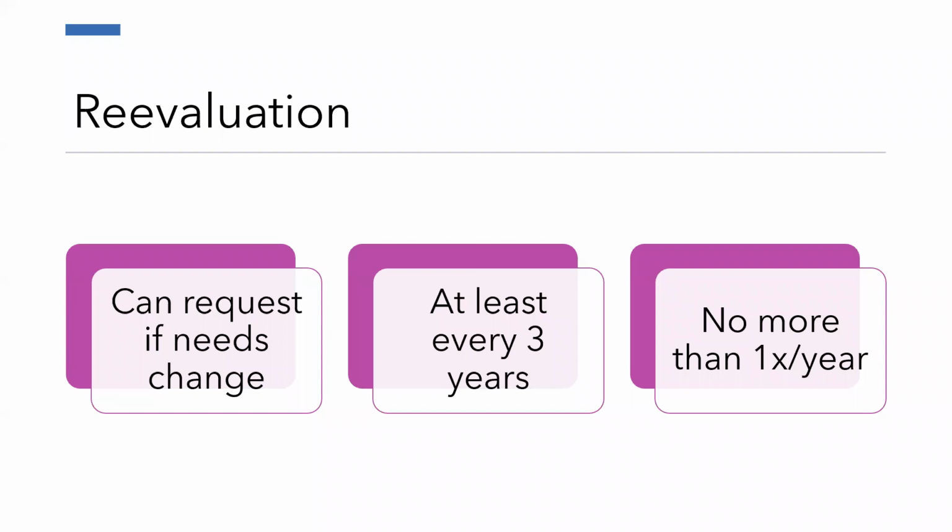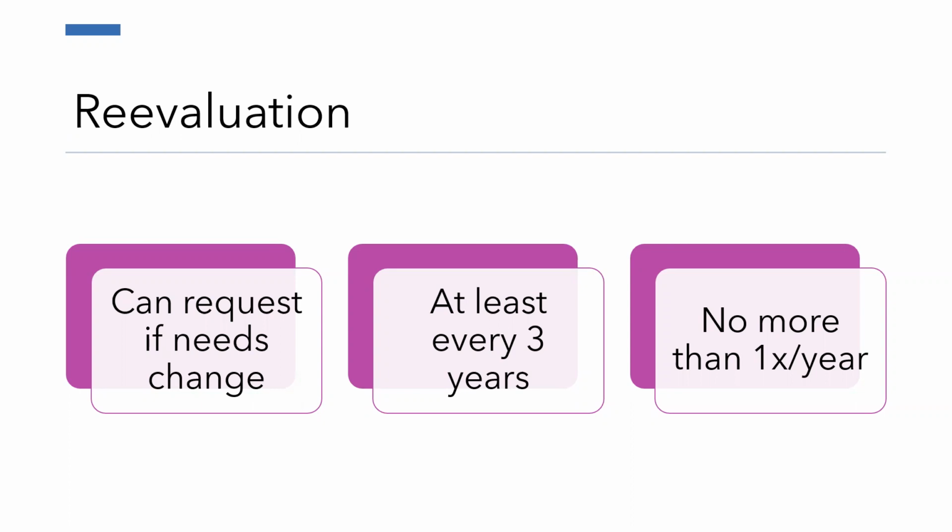According to IDEA, the local educational agency, teacher, or parents can make that initial request and the request for a reevaluation if they feel that the child's education or related service needs have changed. So this includes if the child has made strides beyond their goals. So improvement is very important here as well. We always want to make sure that we're meeting the child where they're at and supporting them in the most effective ways to maximize their outcomes.